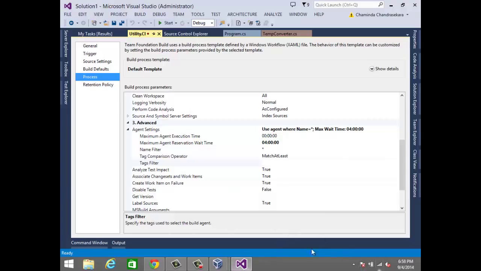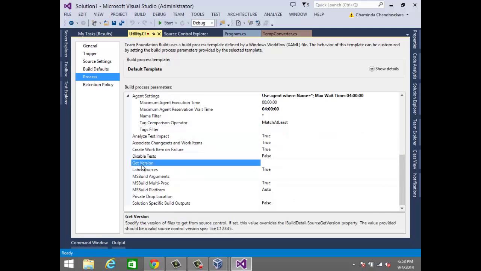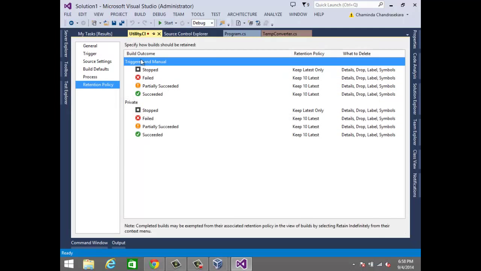Okay, let it run. So this way now it will use an agent where name is asterisk, name doesn't matter, and max wait time is 4 minutes. It's waiting 4 minutes to get properly queued, right? And there are a lot of other things, but I am not going to explain. One more thing I will explain, this get version. So you can build for a given change set even using the definition when you are queuing the build, right? Okay. For the time being, we will go out of this process and we will move on to